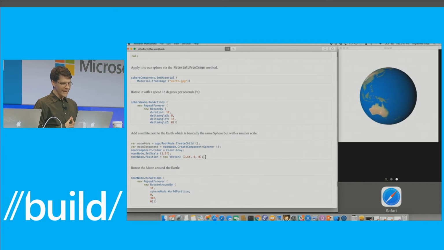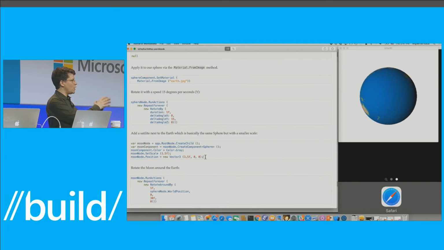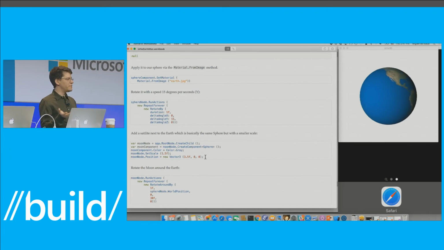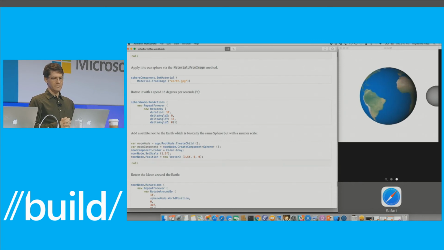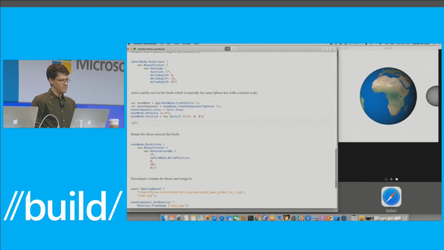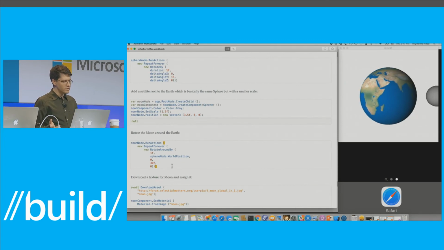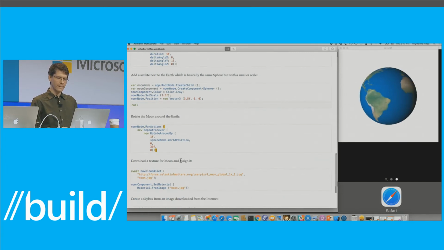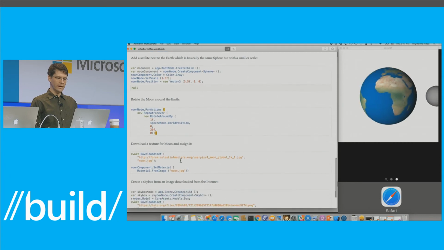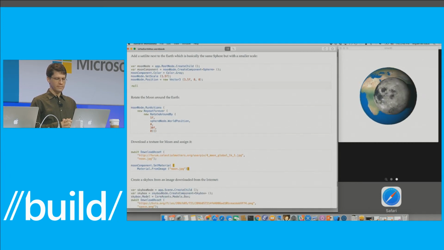And now I'm going to create again a node with a sphere. It's going to be gray. I'm going to make it a little bit smaller, and I'm going to position it just on the side of my planet. You see that? That's a nice little moon there, right? Very nice. And I'm going to make it rotate again. No, but I'm not going to make it rotate on its axis. Instead, I'm going to make it rotate around Earth. So there goes my rotation. You see that nice shadow? That's what you get with a nice 3D engine like Urho. And we're going to put a texture so it looks like an actual moon, right?